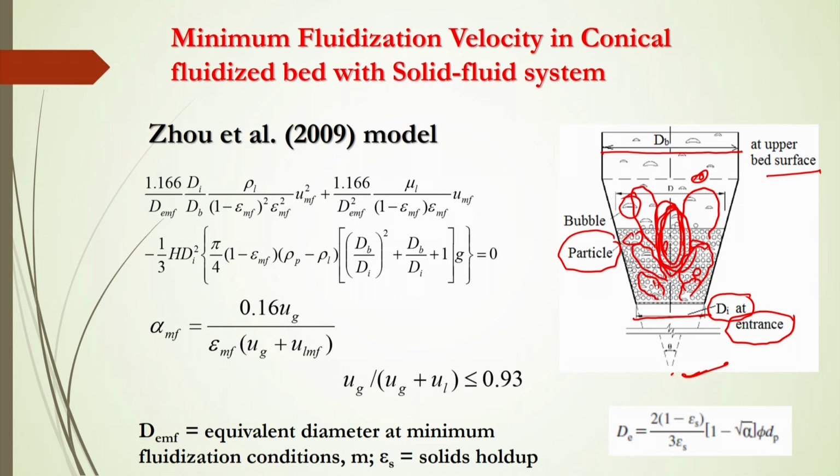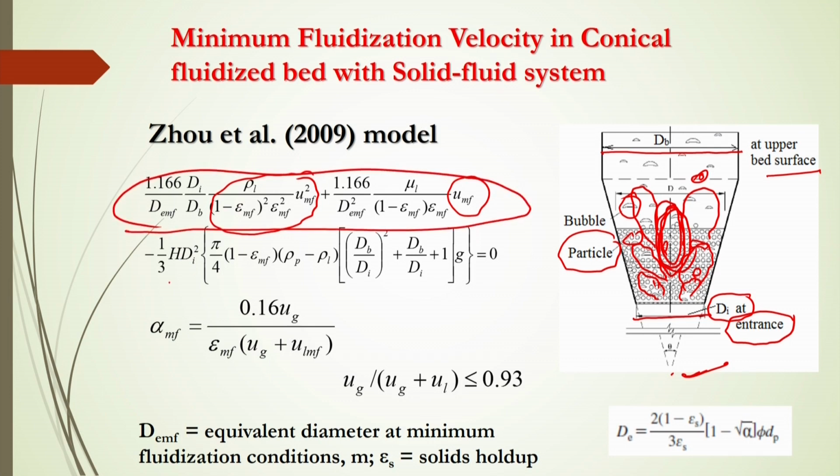Here also this is a quadratic equation for the UMF, proposed by Zhou et al. 2009. They developed this equation by balancing momentum, and then obtained this equation for minimum fluidization